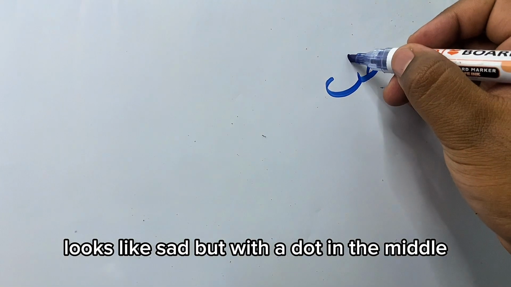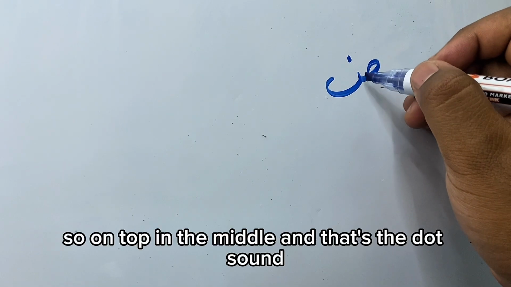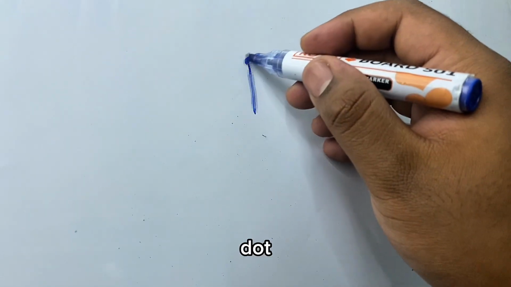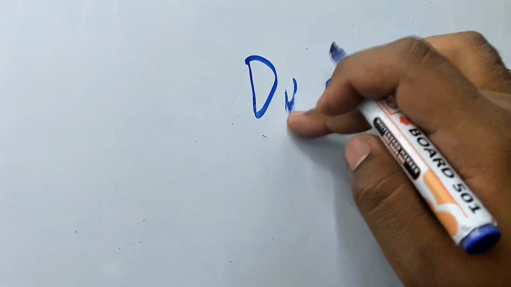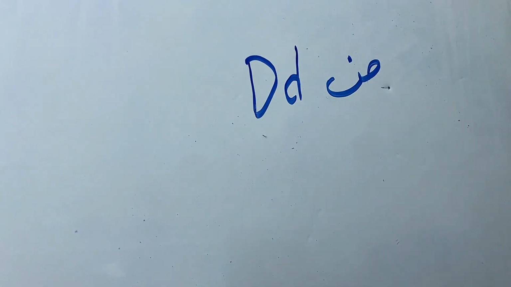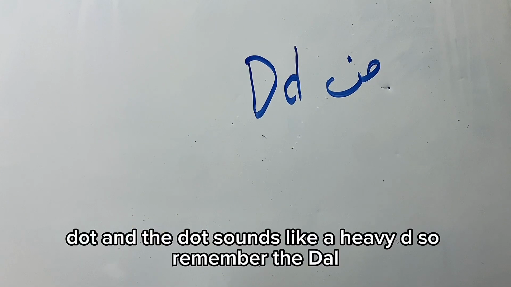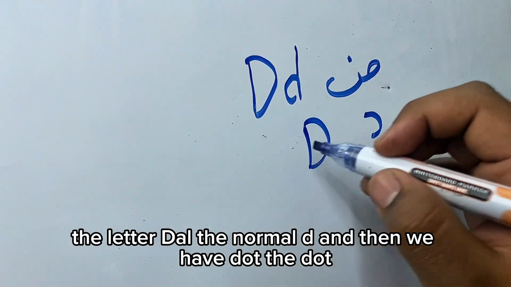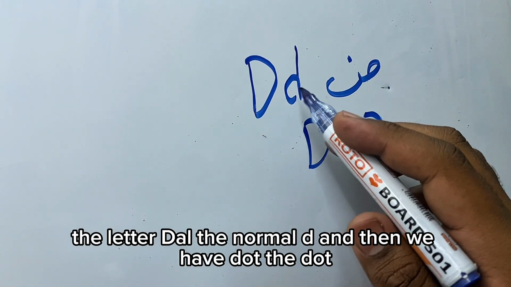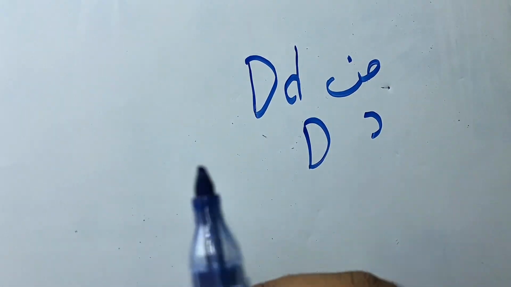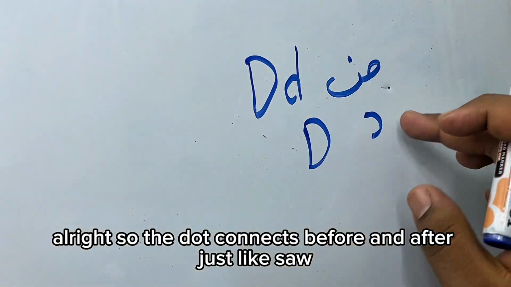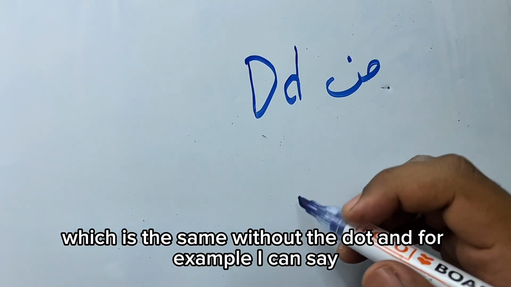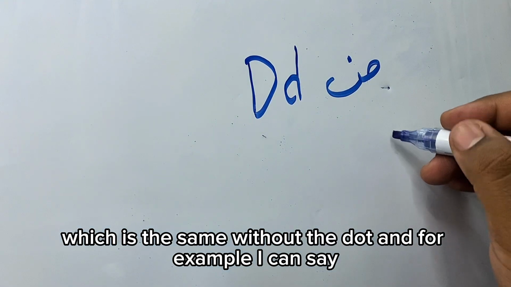looks like sod, but with a dot in the middle. So on top, in the middle, and that's the do sound, do. And the do sounds like a heavy D. So remember the dal, the letter da, the normal D, and then we have do. All right, so the do connects before and after, just like so, which is the same without the dot. And for example, I can say,